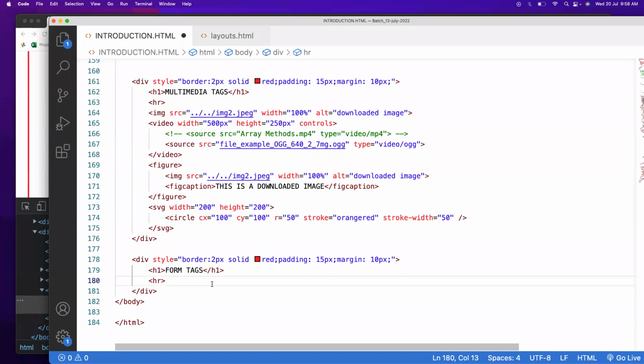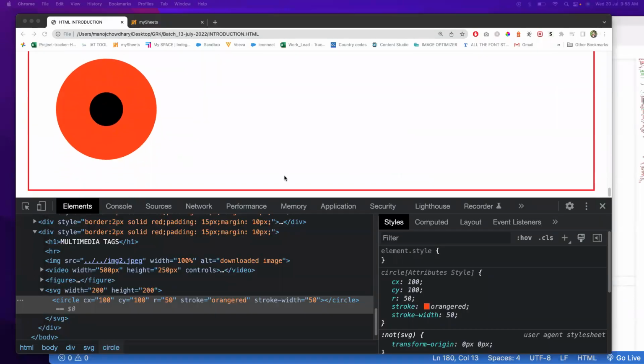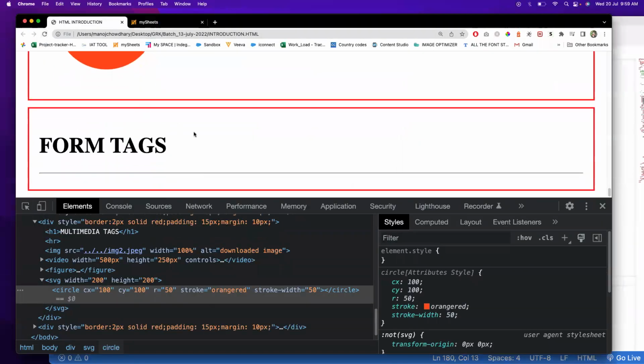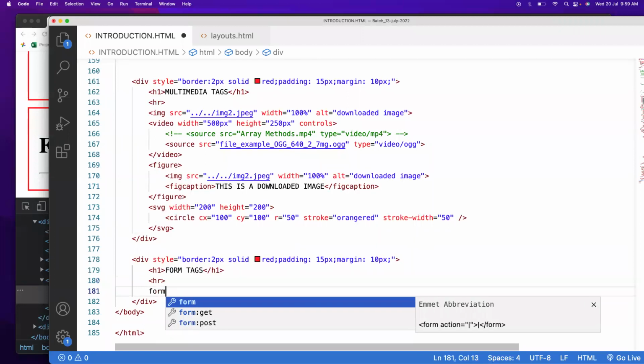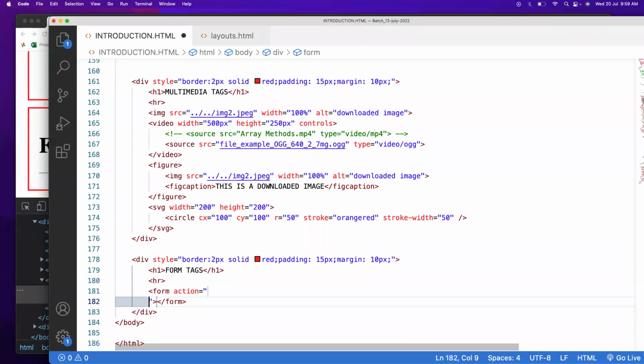Okay, so form tags we'll be discussing now. So let us see. The form tag. As I already told you, whatever concept we start in HTML, the tag will start with the concept name only, right? So now, as I told you, we are dealing with form, so it will start with the form tag. Whenever we are talking about the form tags, there are a few attributes that we must remember about a form. There are three attributes: action,